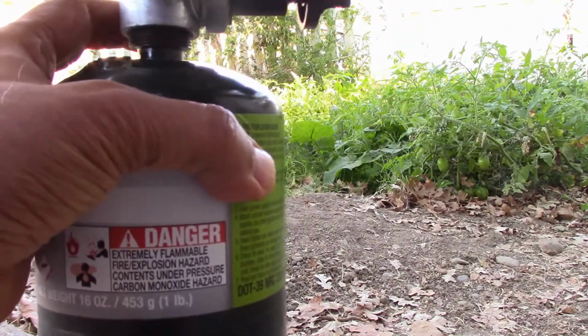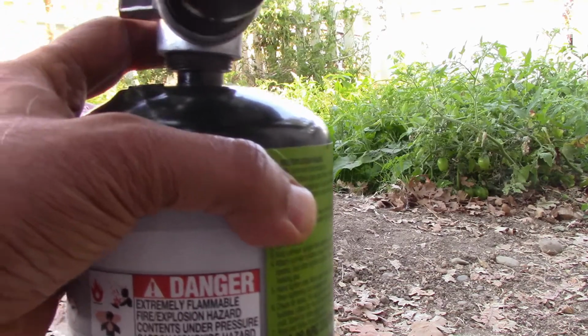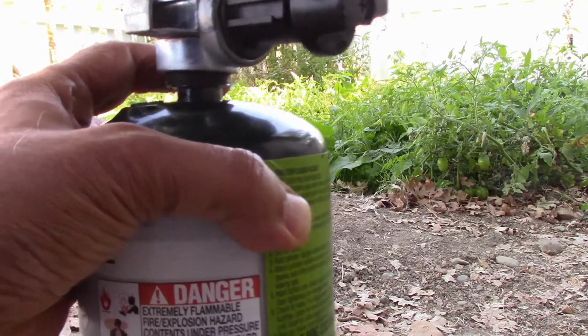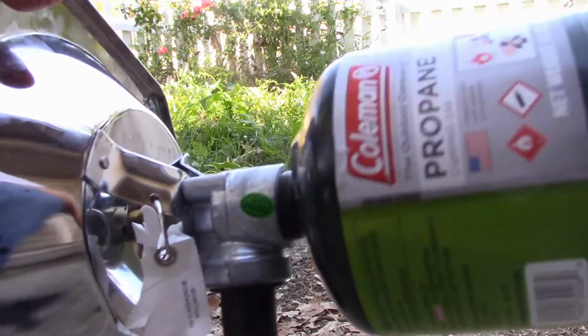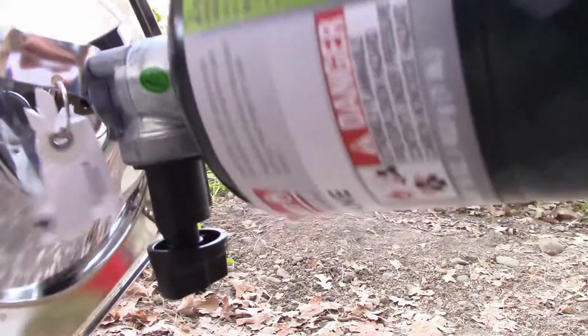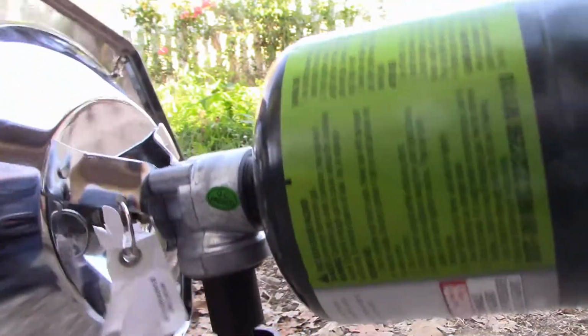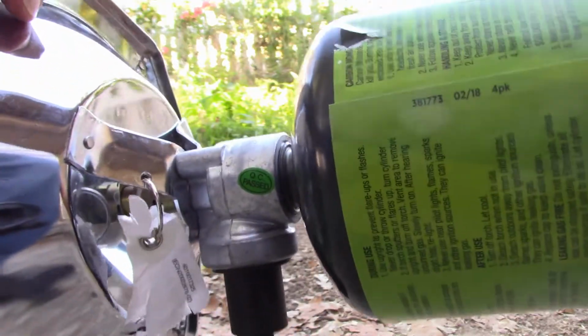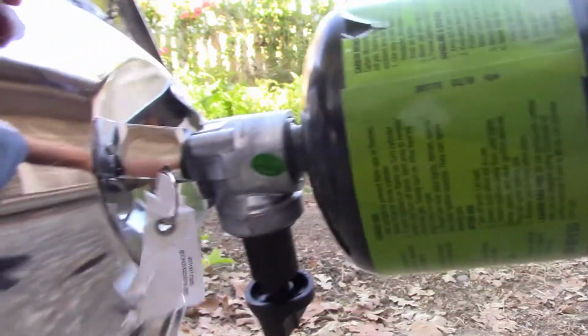metal to metal contact, and you just do it by your hand. Once it's all the way in, it will start pressing on the pin. Just hand tight it,